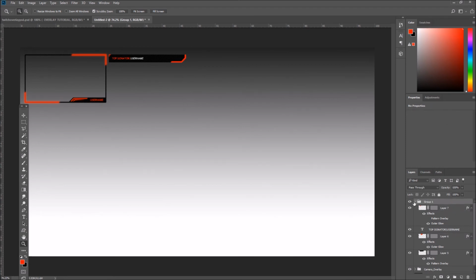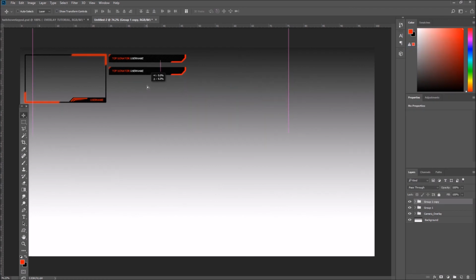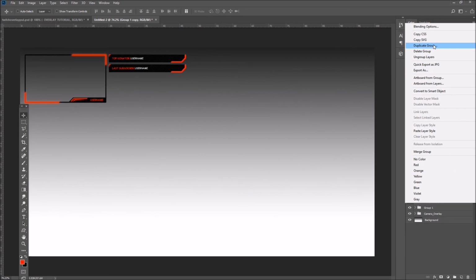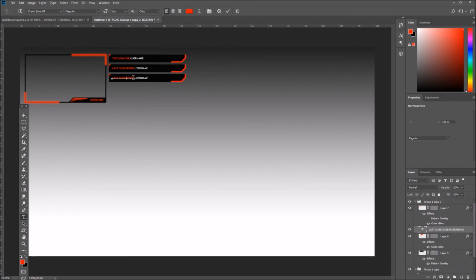And now all you do is duplicate your group. Hit V for your selection tool. Hit T. And this is all so easily edited. It's not even funny. So come in here, and type in last subscriber. Looks good. And then we will duplicate this group again, bring it down, type in last follower,